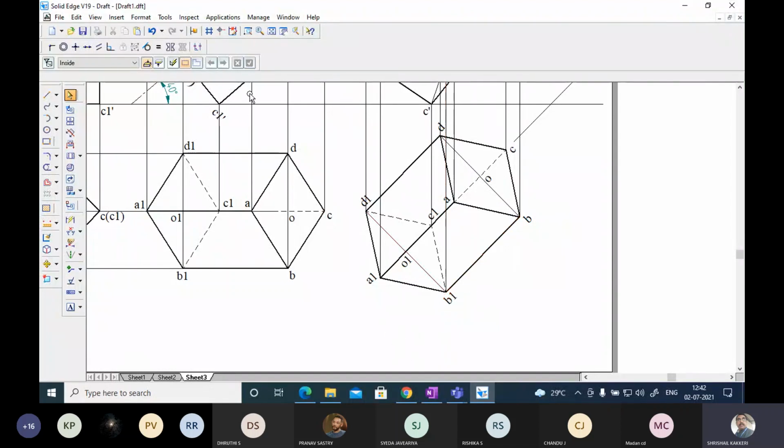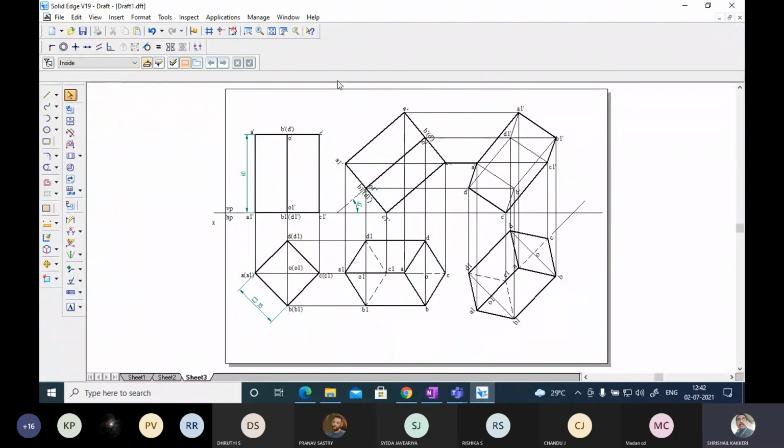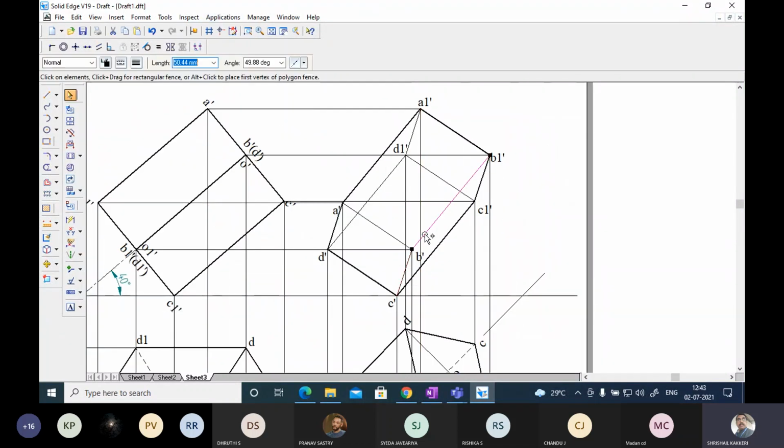If I slide my fingers, please look here. I will be touching this first B. So that means to say that the point B is visible to the observer. All these lines which are joining this point B will be visible to him. And the remaining 2-3 corners will not be visible. So these will be hidden lines. This is how we have to do this problem.